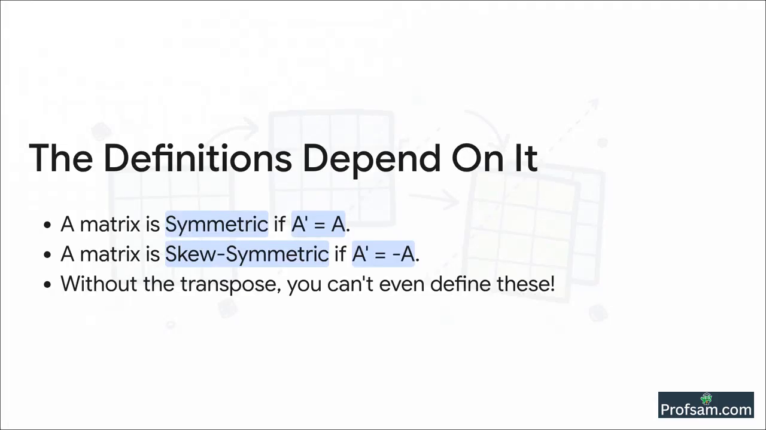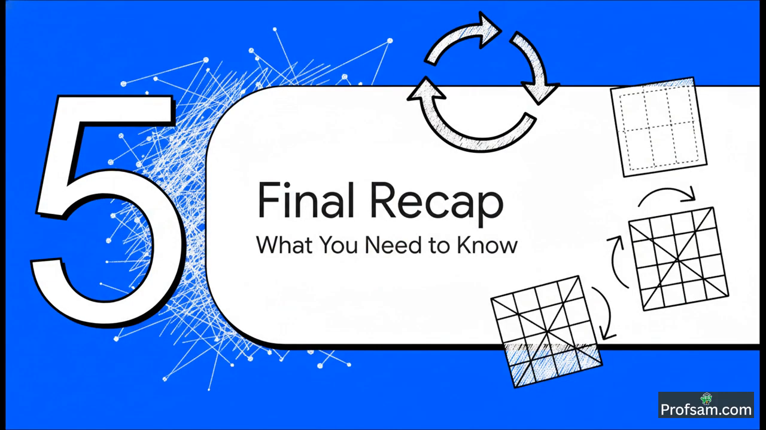Just look at these definitions. We say a matrix is symmetric if its transpose is exactly equal to the original matrix, and we say it's skew-symmetric if its transpose is equal to the negative of the original matrix. See? Both of these core definitions are completely dependent on the transpose. It's essential. All right, we've covered a lot pretty quickly, so let's just do a super fast final recap